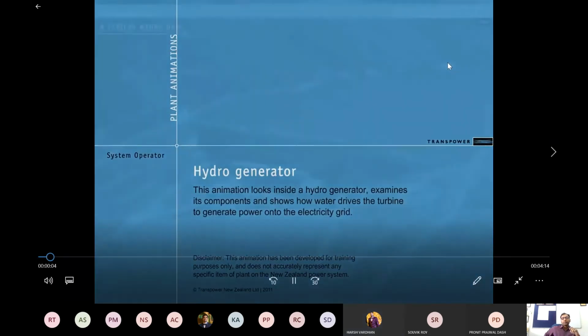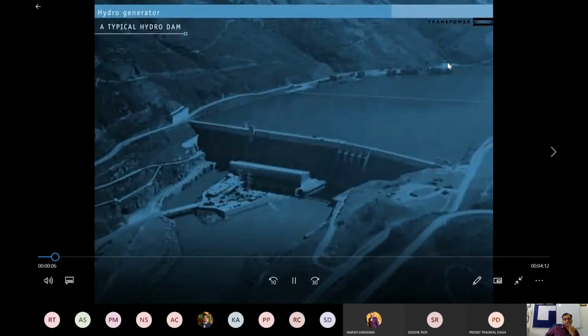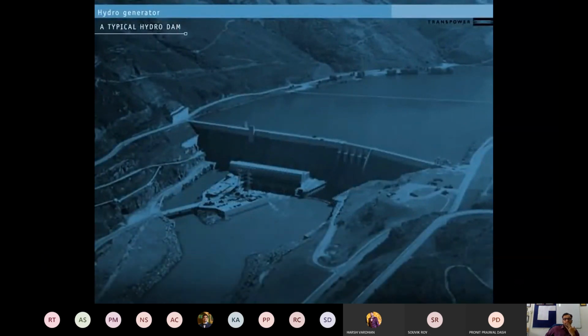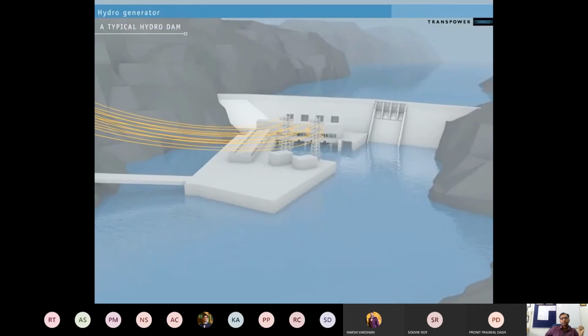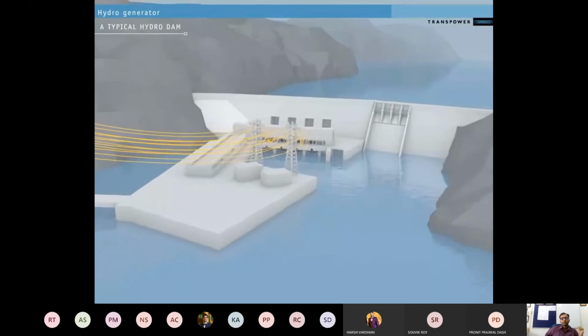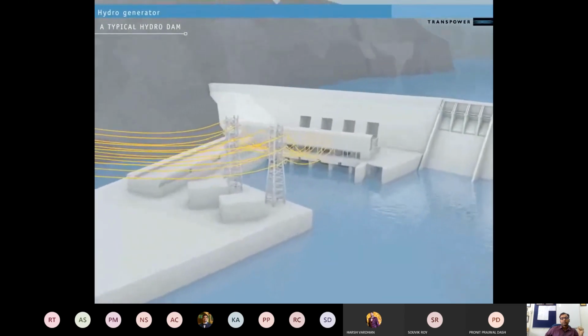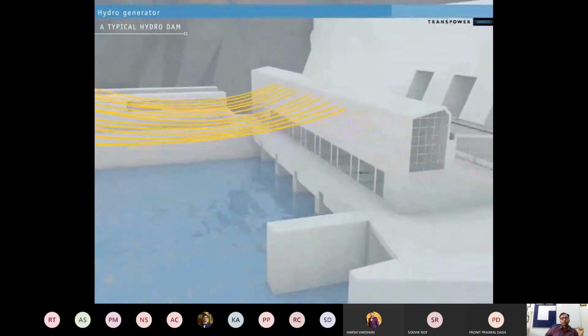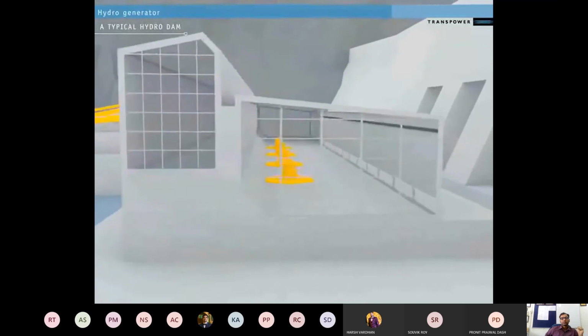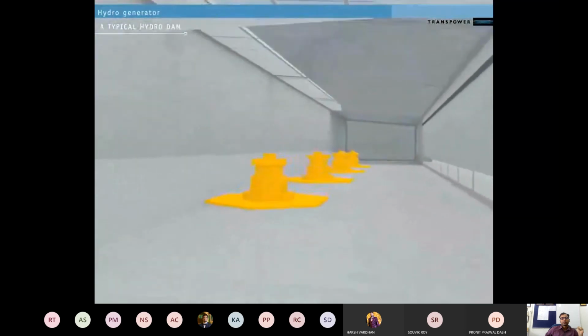In this animation, how a hydro generator works. This is a typical New Zealand hydro station. You can see that the station has a dam, which creates a drop from one water level down to another. From outside the station, we can't see the generators. If we approach though, we can see the power lines or conductors that carry the electricity from the station to the national grid. Each power conductor connects to a turbine-powered generator inside the dam itself. Let's go inside the dam now and look at one hydro generator to see how the power is produced.